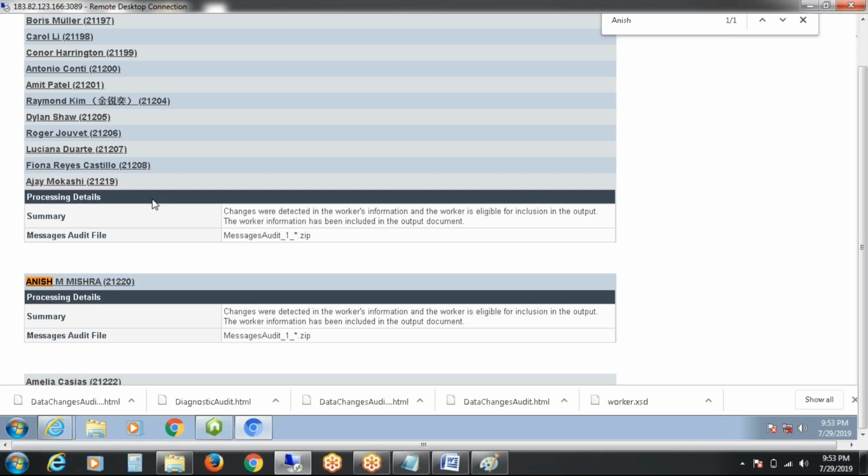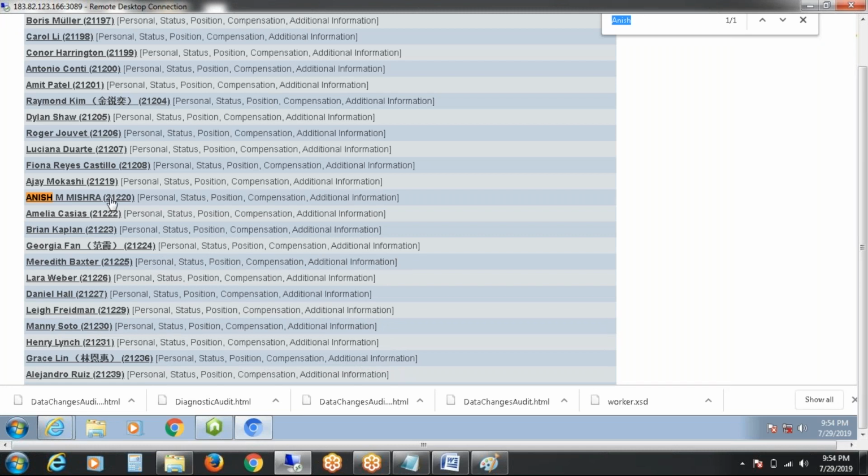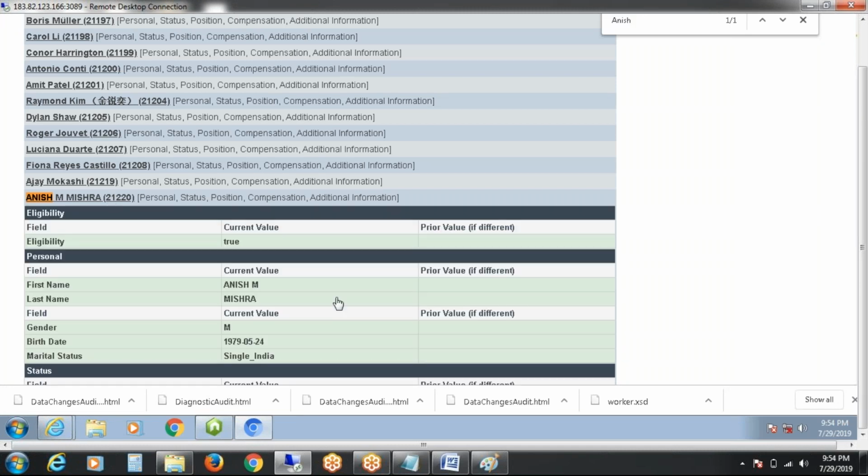Okay. In all the scenarios, changes are coming. No, there is something wrong with this tenant. Normally we used to get here, because earlier his name was Majo, now his name is Mishra. So here we will see the changed data, but here it is not coming.